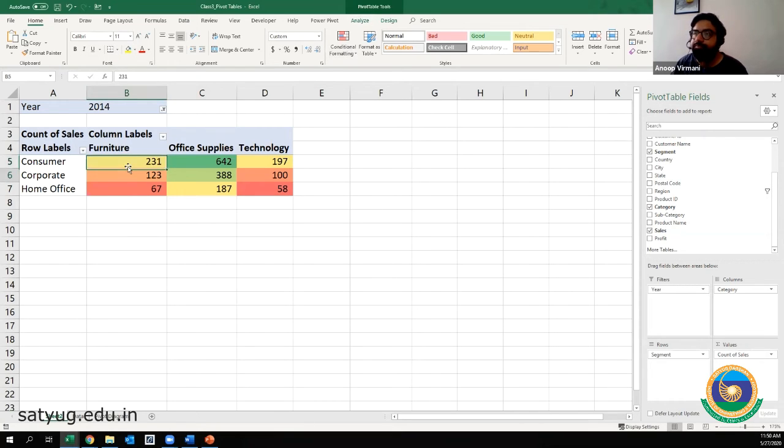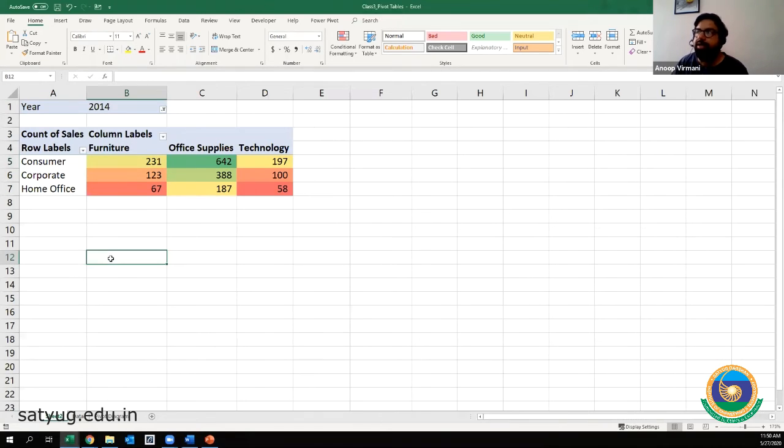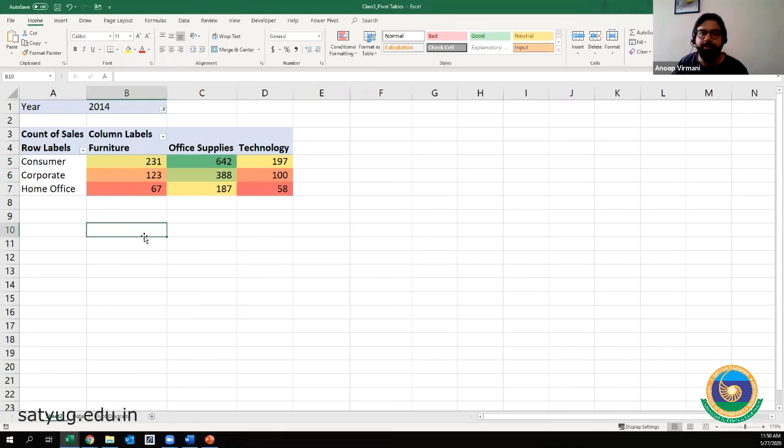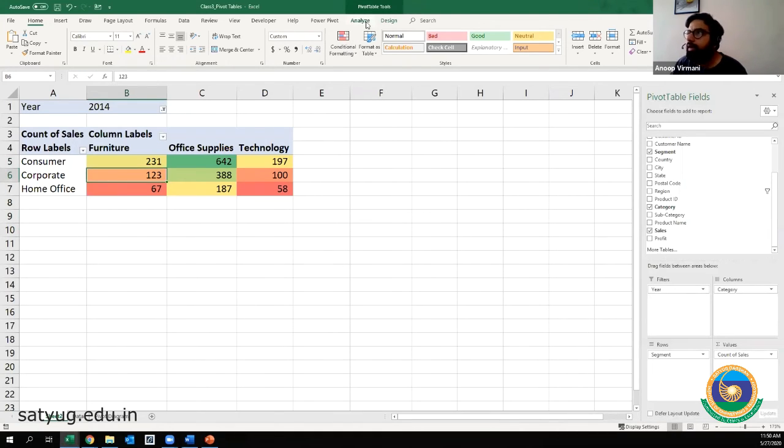What do you do? You select this pivot table. If I am not on this pivot table, I'm outside, you see everything else will close. The list closed, right? If I come back here, there are two additional tabs of Analyze and Design. These are the pivot tabs that open if I am active in the pivot table. If I go out of the pivot table, nothing is there. So let us go to Analyze.